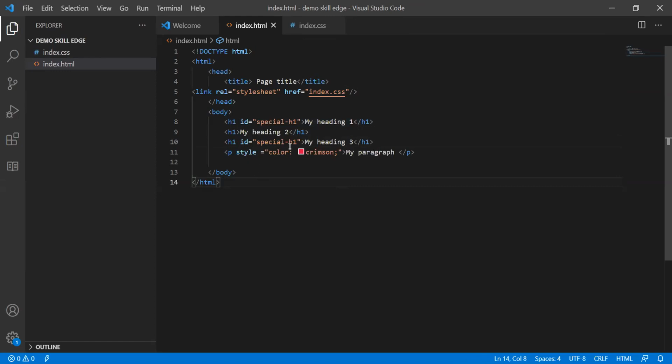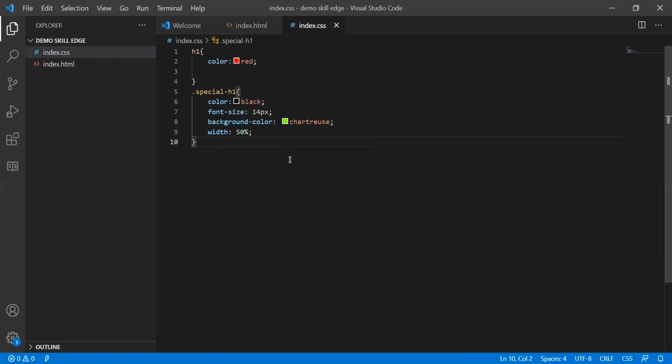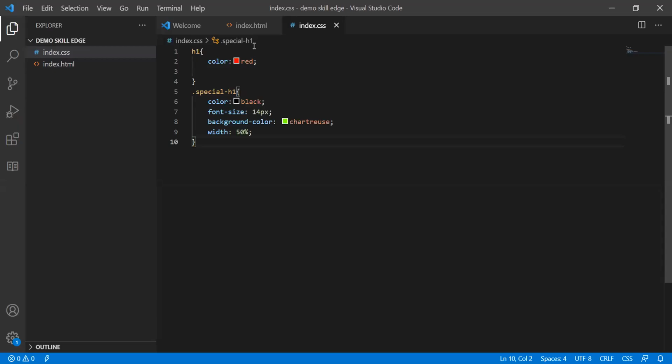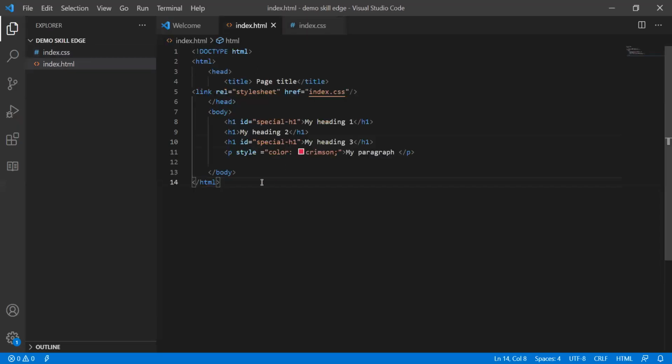So instead of using hash here, we need to use dot here if you have many changes. So let us see the output of it. See, this has been applied. Can you see the output? Yes, ma'am. We have closed here.